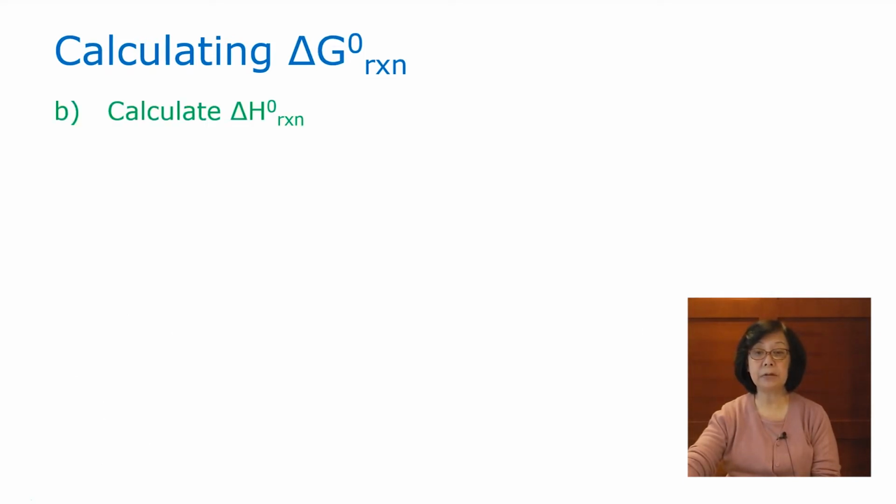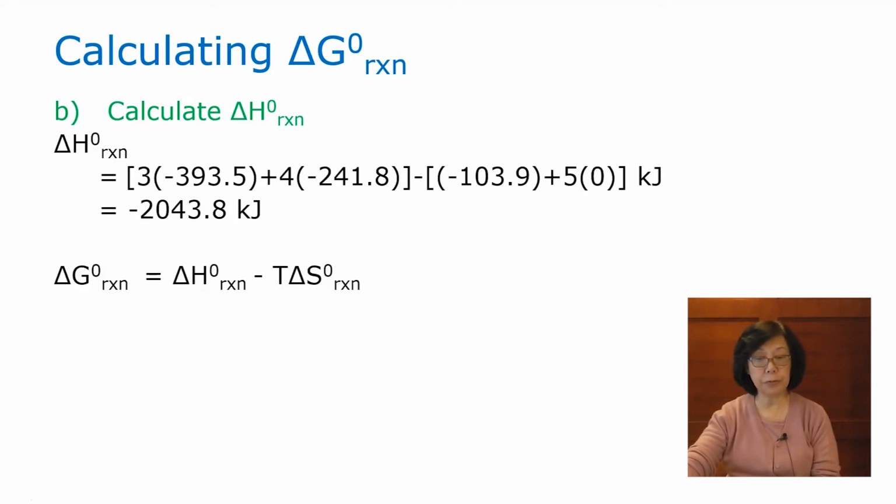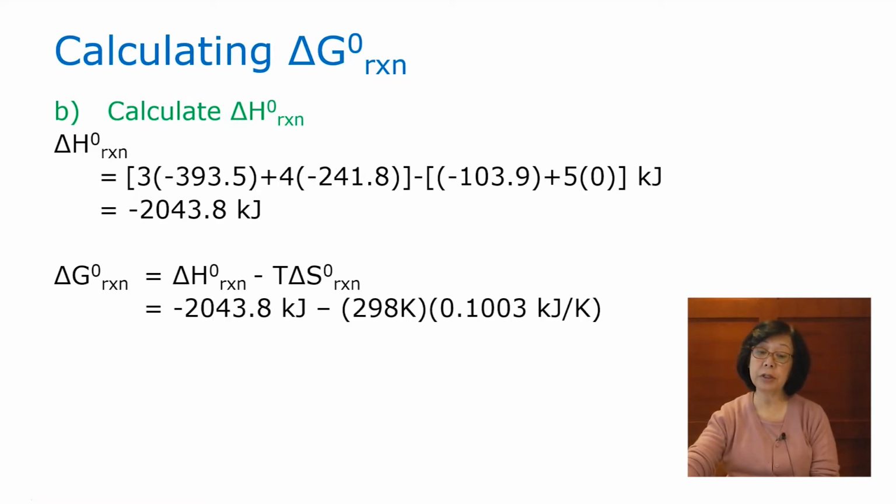Now we can calculate delta G0 of the reaction. First, we calculate the enthalpy change at standard condition for the reaction in a similar fashion as we did for the entropy change. Again, it is product minus reactant multiplied by their respective moles with the enthalpy values. And this is calculated as negative 2043.8 kilojoule. Now we can plug the values into the Gibbs free energy equation by putting in the enthalpy,